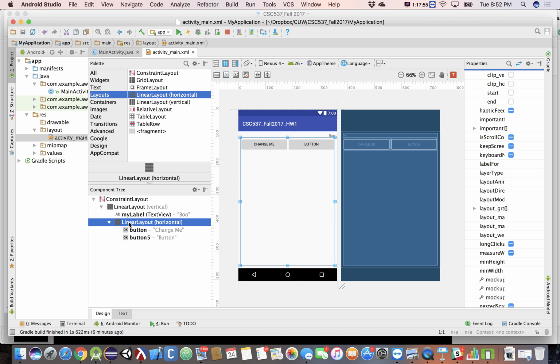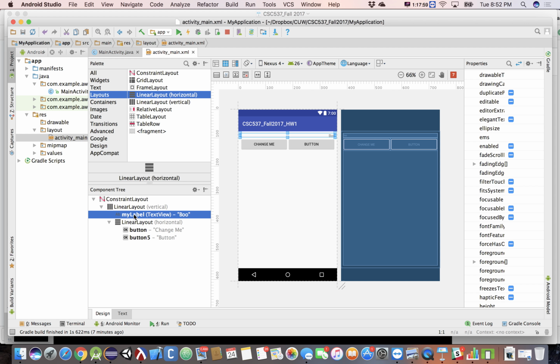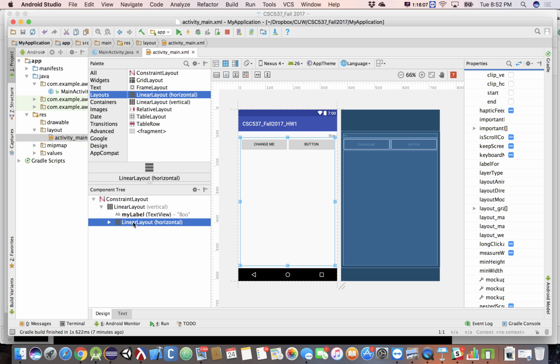I can put my two buttons inside there. And my label's above it. So now I have a linear layout, a vertical linear layout that has two components in it: a label and a horizontal linear layout. My horizontal linear layout has two components in it, two buttons that put those buttons right next to each other. Now, what you might do then, though, is you might say that you want your horizontal linear layout instead